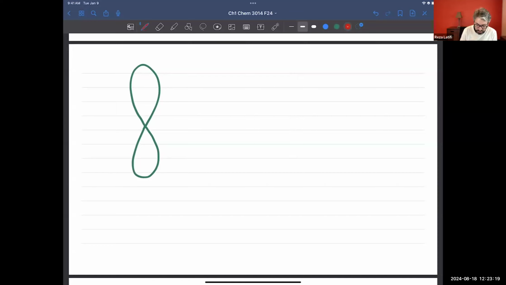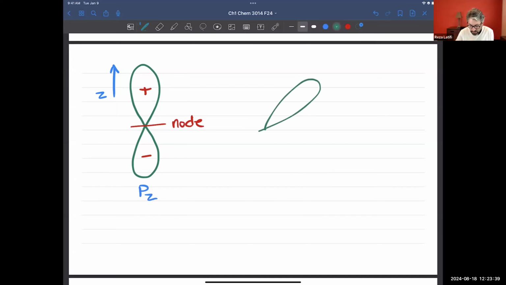Okay. And so we say positive, negative. And what's this? This is a node. Okay, this is a node, a plane that is changing the phase from positive to negative. If your orbital is aligned with Z, we call it PZ. If it's aligned with X, forgive me,